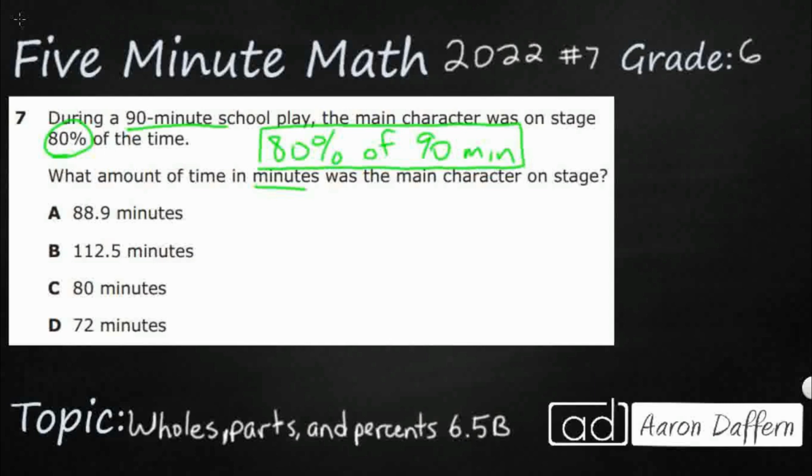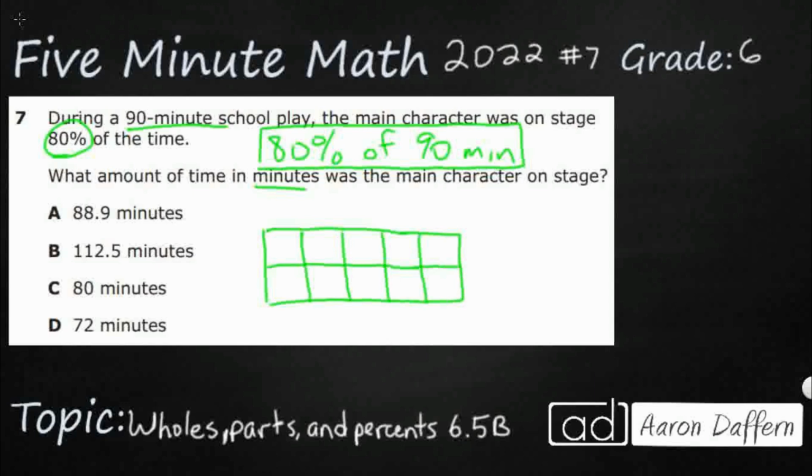Well, let me see if I can visually draw it for us here. All right, so if I were to draw a rectangle here, and I'm going to break it up into 10 parts, I'm going to do 2 rows of 5. There we go. So let's get one more column. So there we go, I've got tenths. Now, if I were to shade in 80% of this particular box, I would need to shade in 8 of these squares,